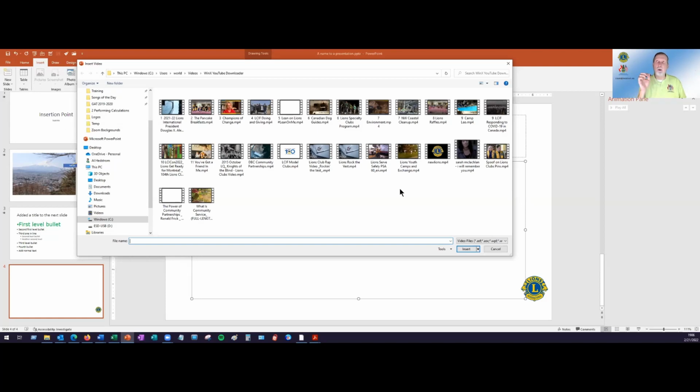There is not a default way to do this from YouTube. There are a variety of free tools available for you to use. The one that I use is called WinX Download, and you can actually park the video on your computer and then use it as you need to.